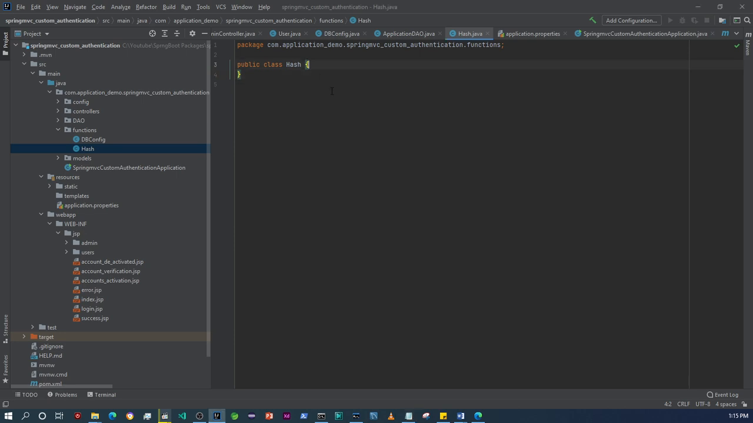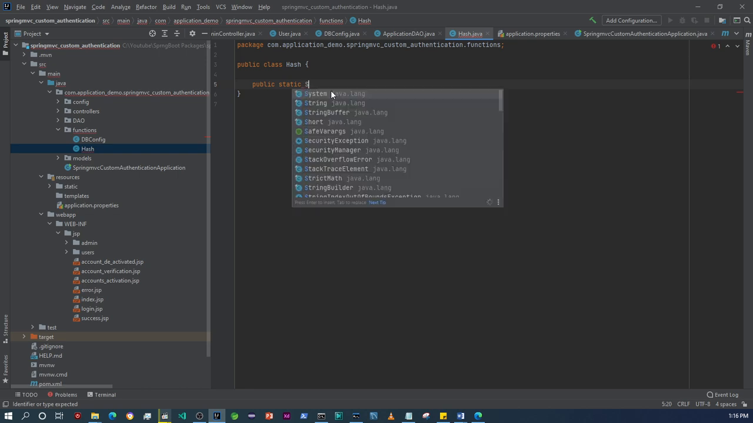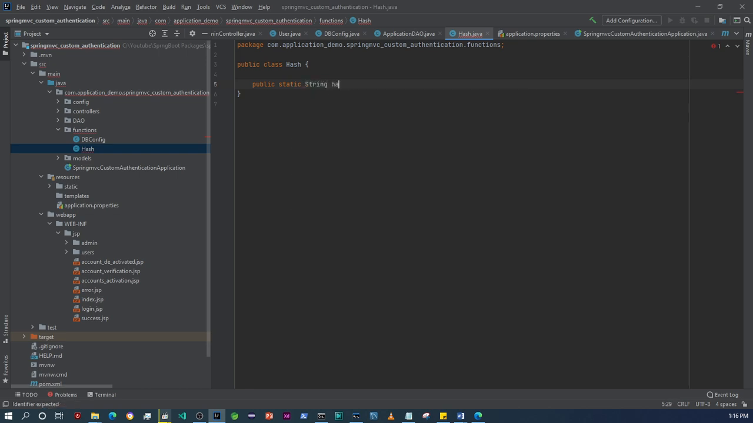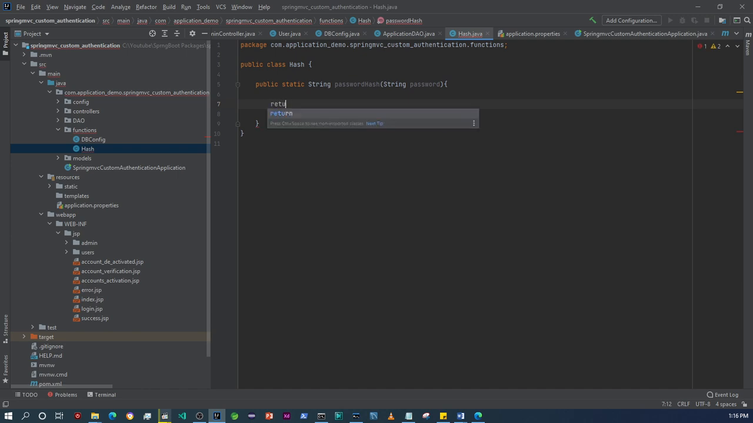So the first method I'll write is public static string. Okay, then our parameter is going to be a string password. Then obviously we want to return